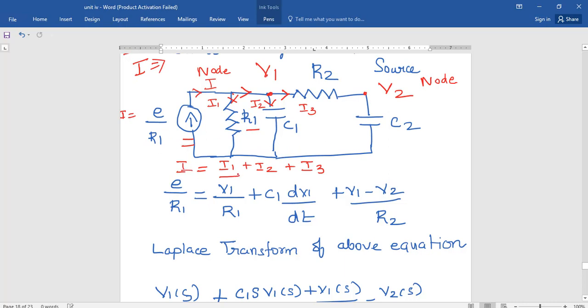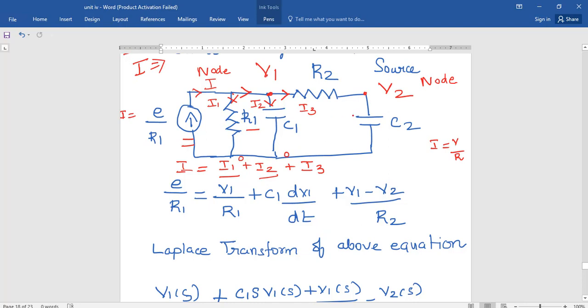By Ohm's law, we know that I is equal to V by R. One end of R1 is connected to V1, the other end of R1 is connected to reference node 0, and hence V1 by R1 plus, one end of C1 is connected to V1, the other end is connected to the reference node, and hence from the table we know that the current across the capacitor is C1 into dV1 by dt plus